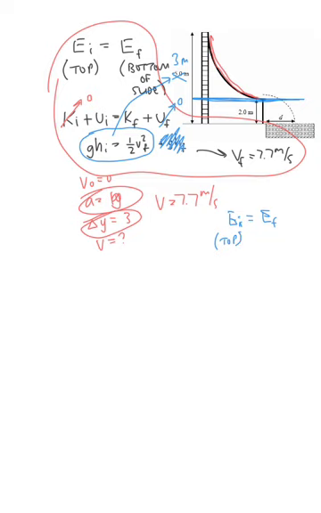We could also do E initial representing the bottom of the slide if you want. It doesn't really matter, since they're both the same as each other, either one is fine. And then the E final would be basically as she's hitting the pool. So we'll say it's the surface of the pool. So if we set up K initial plus U initial equals K final plus U final, the initial